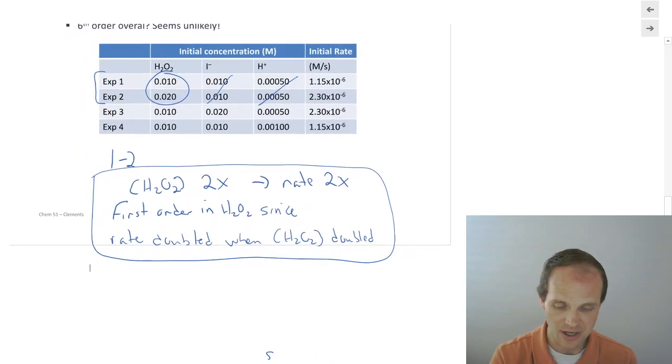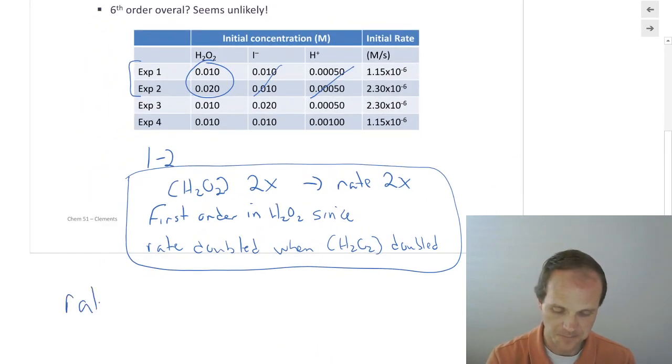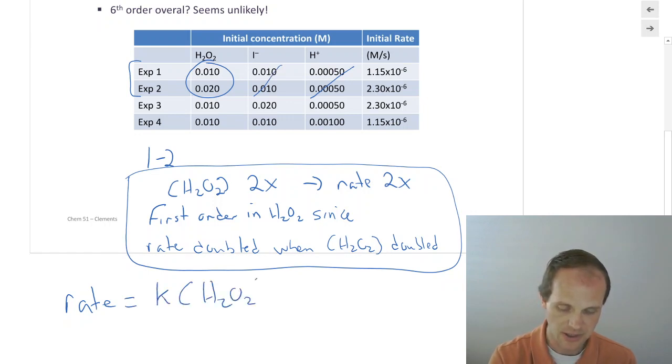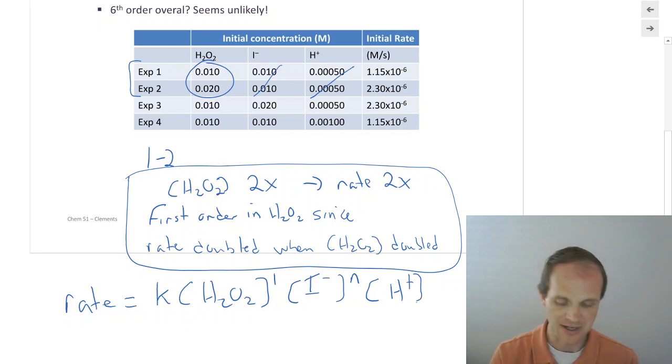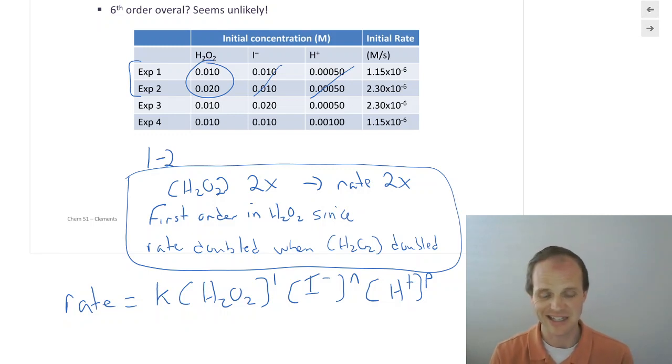All right, so we now know that our rate law, I should have written this to begin with, is H2O2 to the m, but in this case we actually have already figured that out, to the first. We know it's going to be I minus to some other thing, and we know it's going to be H plus, and right, m, n, you'd like to think it was O, but if you write O, it kind of looks like 0, so people usually use P next. So if I wrote that earlier, it would have been m, n, p, but we determined that m is equal to 1. So now we've got to figure out n and p.